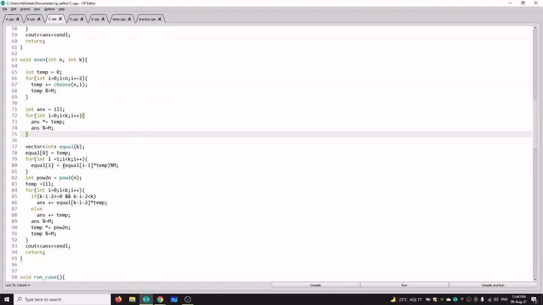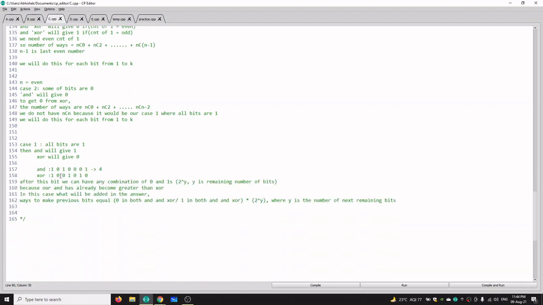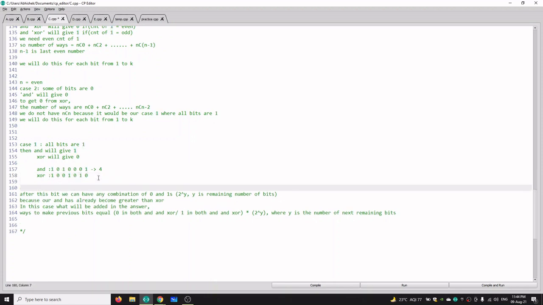And then for each iteration of I, we are incrementing I, and for each increment of I we are multiplying temp to our previous value. So let's say the number of ways for making these two bits equal is x.